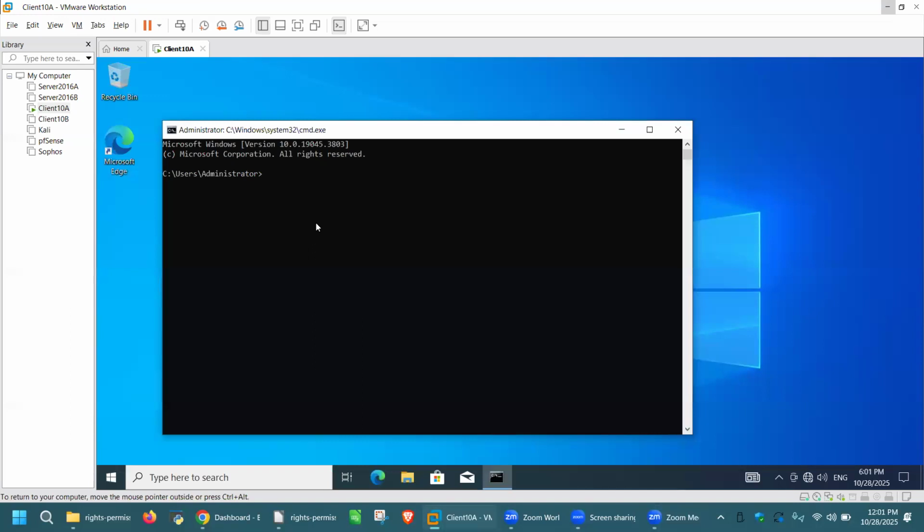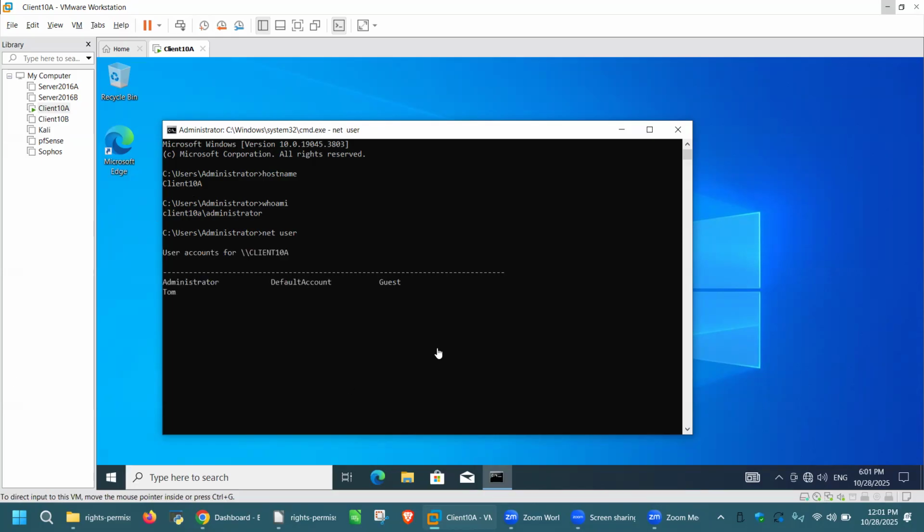So we can see now we're in with our administrator. Just like when we were with our initial user, I'm just going to check a couple of things here. Host name and who am I? We have our client 10A and administrator, just to verify that. Now I will enter that user command here to see all of our users. All right, and again, just like before, we can see all of our users, including our new user, Tom,